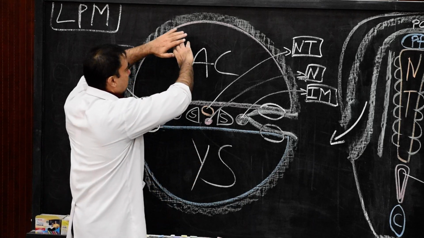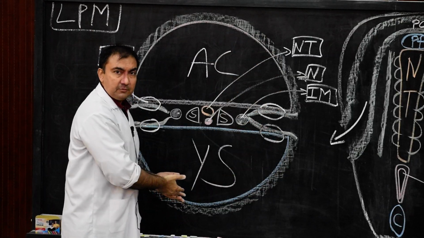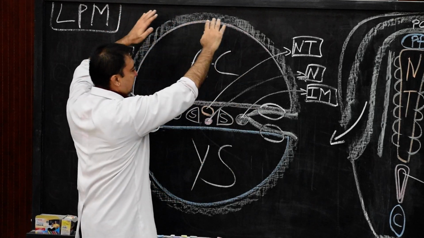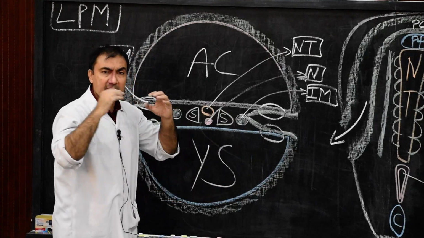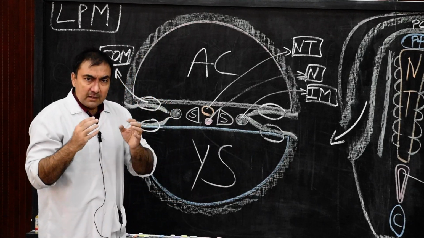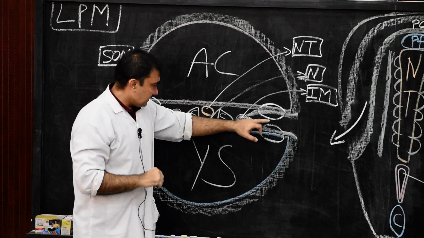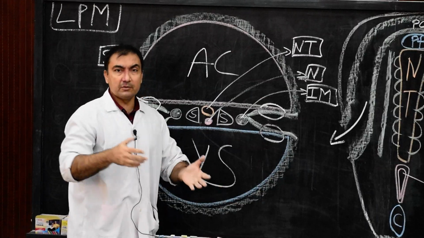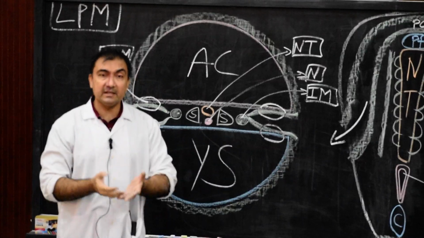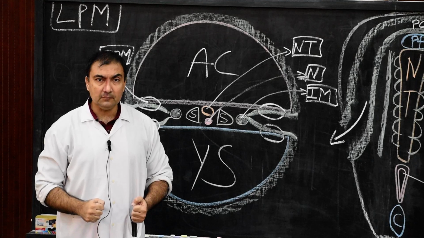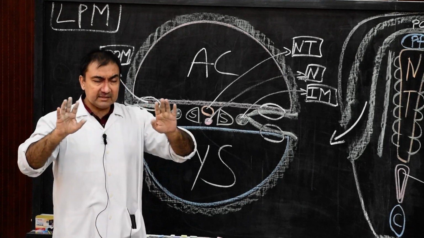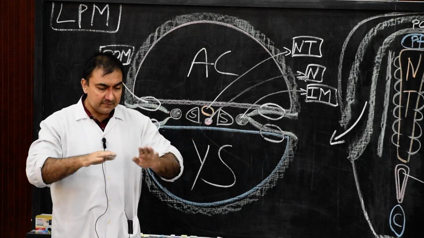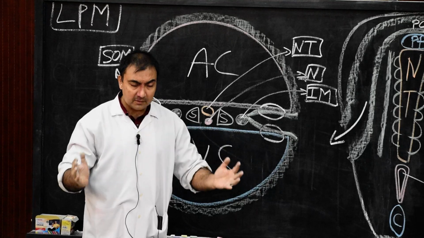And which is the extraembryonic mesoderm which is surrounding here? The extraembryonic mesoderm surrounding the embryo will be from superior to lateral to inferior direction. That means the entire embryo, along with the intraembryonic coelom, is surrounded by extraembryonic mesoderm and extraembryonic cavity, that is the chorionic cavity. So at this stage, the extraembryonic mesoderm, which has a cavity called the chorionic cavity, will surround the entire embryo from superior to lateral to inferior.